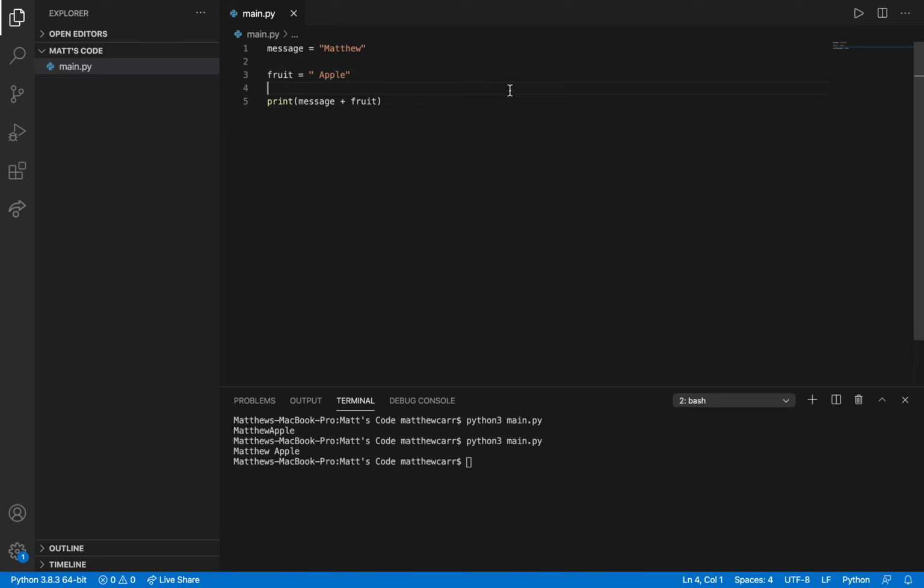Matthew Apple. Let's see what else. So yeah, that's strings, characters. You can also concatenate a string and a character together, or a character and a character together. So I could do this. I run it, we get Matthew A.